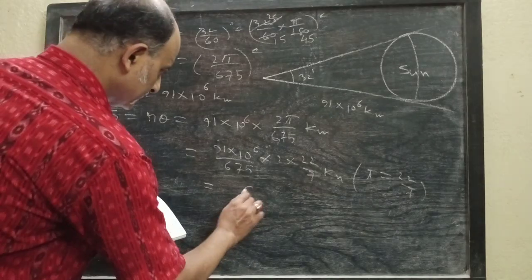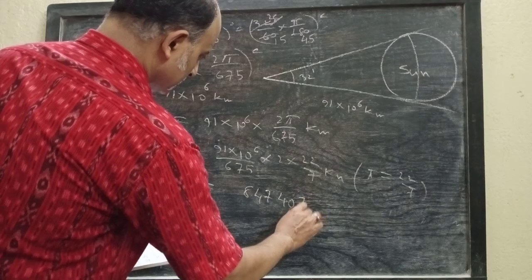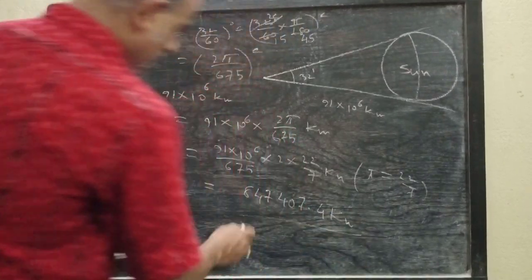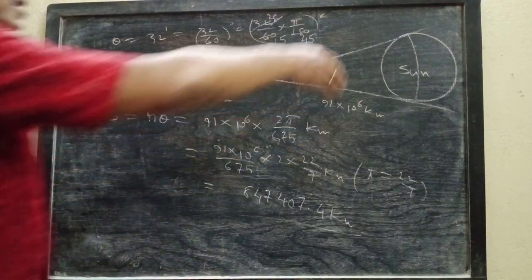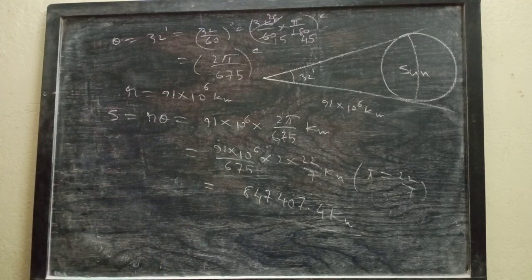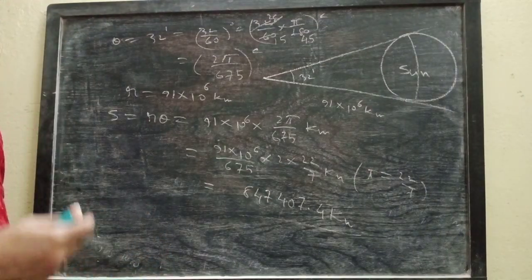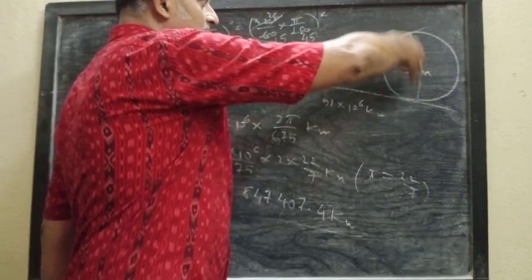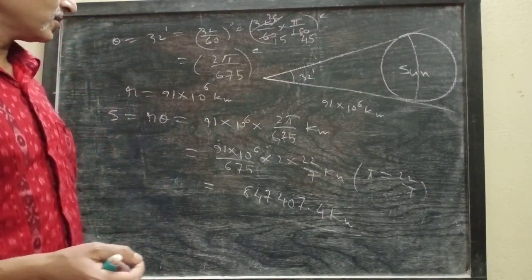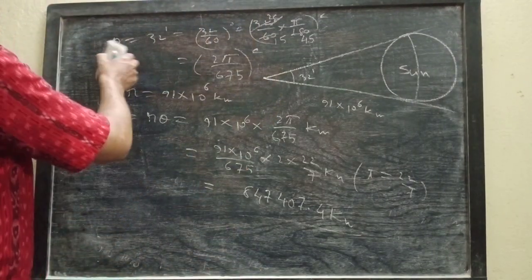847407.4 kilometers. This is the arc length here that we consider as the diameter of the sun. The diameter of the sun will be this many kilometers. As the sun is at a large distance, that diameter can be considered as an arc here. So this is roughly the length of the diameter of the sun calculated in this problem.